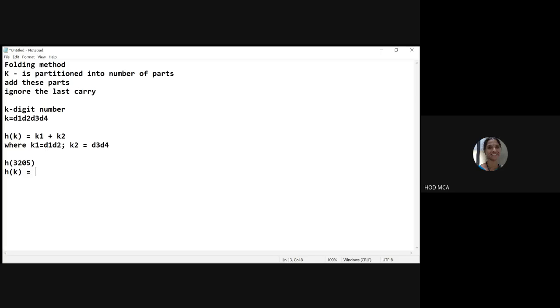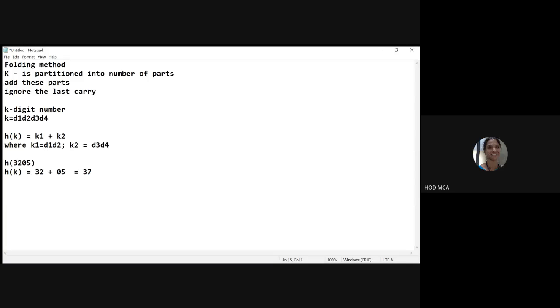So h of k is equal to k1 plus k2. K1 is d1, d2, that is 32. K2 is d3, d4, the third digit and the fourth digit, that is 0 and 5. So h of k, the hash key, is going to be 32 plus 5, that is nothing but 37. So for this 4-digit number 3205, my hash key is going to be 37. This is how we do it in the folding method.